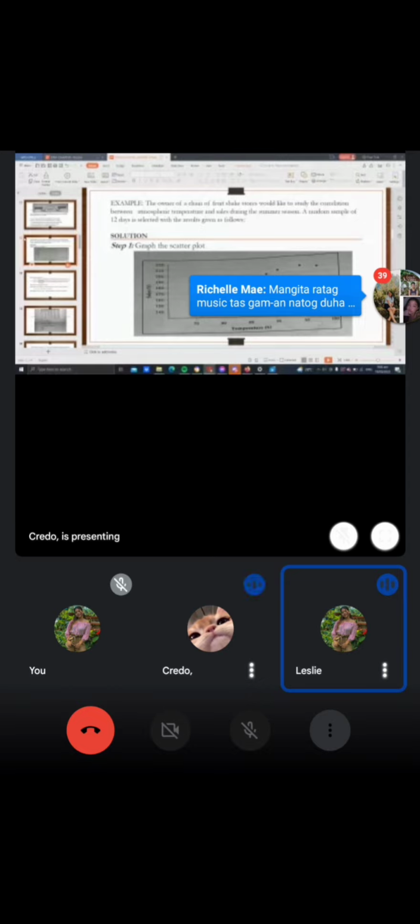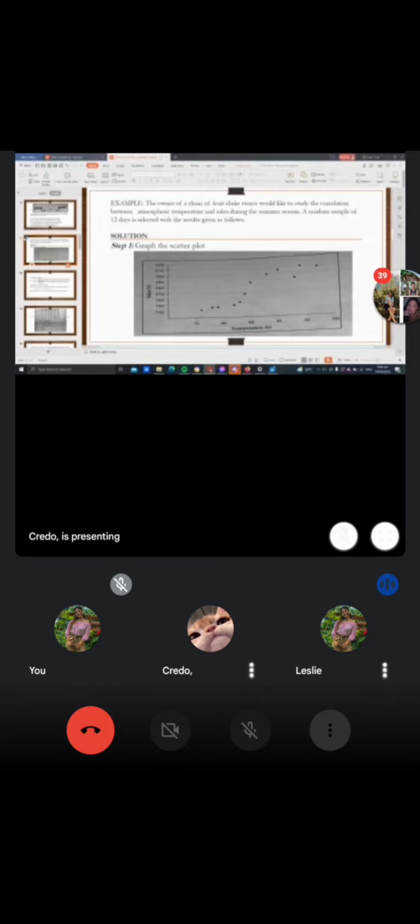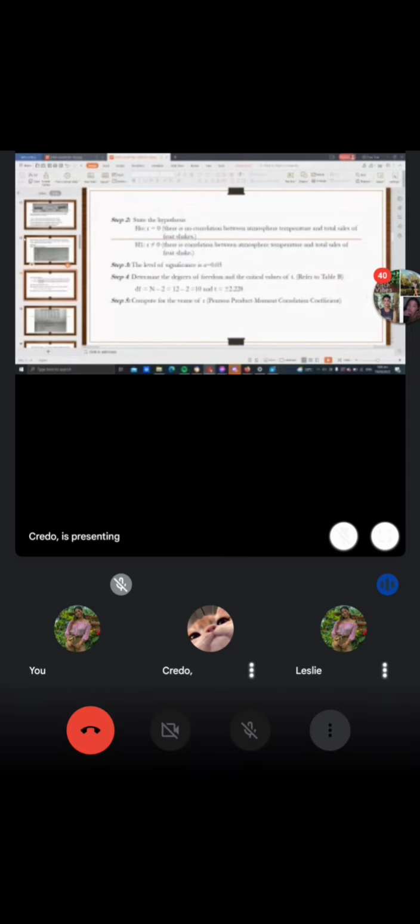So, for example, the owner of a chain of fruit stores would like to study the correlation between atmospheric temperature and sales during the summer season. A random sample of 12 days is selected with the result given as follows. So step 1 is graph the scatter plot. So step 2